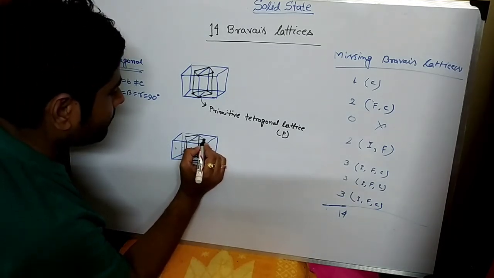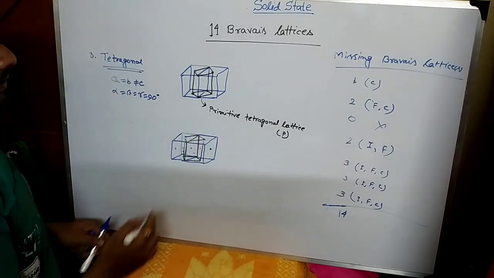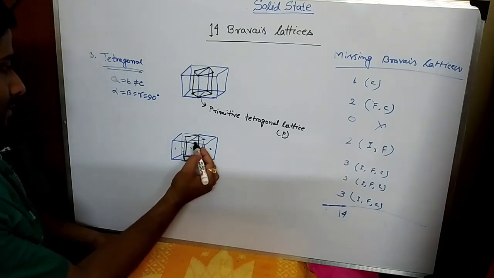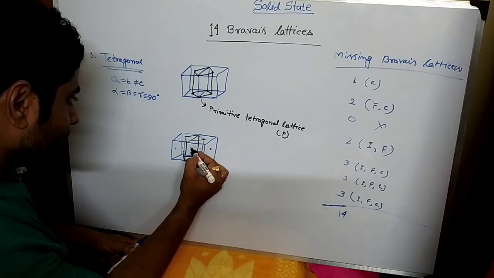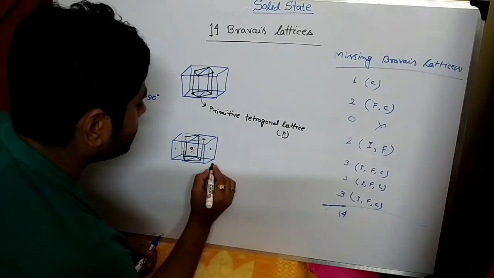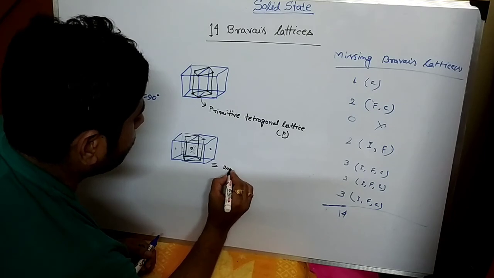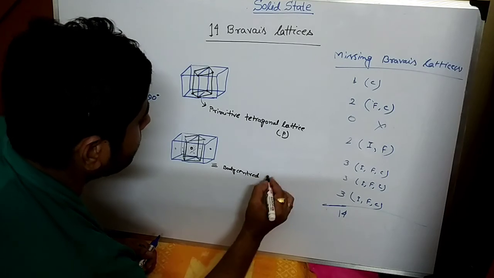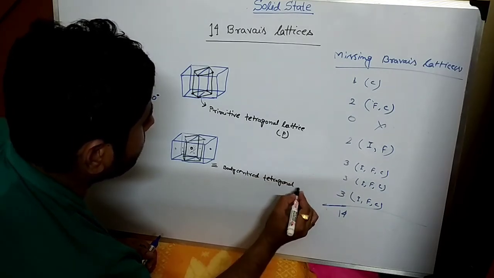Then we are getting this black colored shape. Black colored shape, that means this is also a tetragonal lattice. Tetragonal lattice having only this middle face. This face is containing this lattice point. That means it is equivalent to body-centered tetragonal lattice,